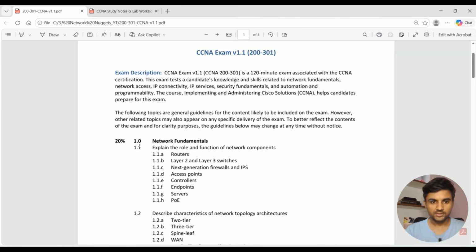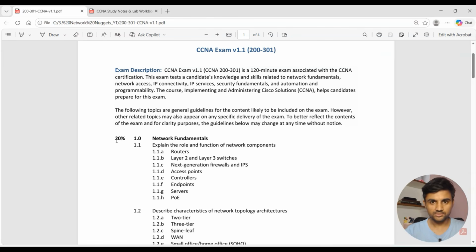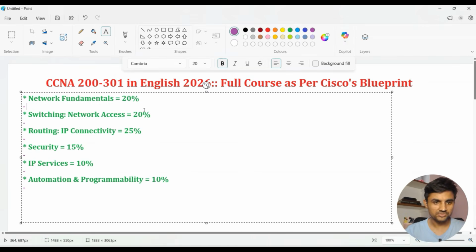1.1. Cisco is expecting us, while we are taking this exam from a certification point of view, or when you are going for some entry level network support job, to be very good with the network fundamentals. And network fundamentals include 20% of your exam curriculum, so that's where you talk about your network